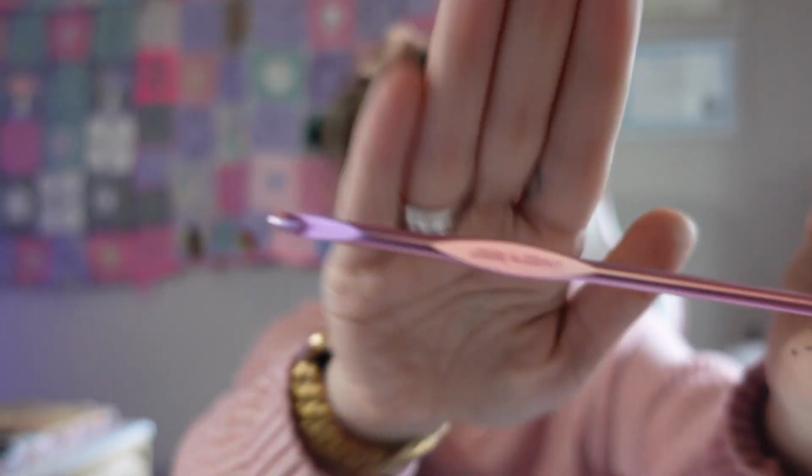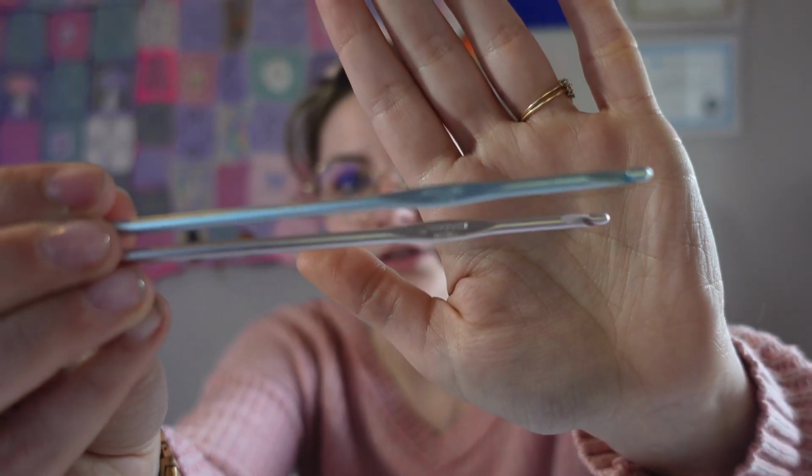I will say for the borders, I did go in and use my Susan Bates 4mm, which is this hook. And then for the 6x6 blocks, I would alternate-ish, depending on the pattern, between a 3.25mm and a 3.5mm, which are these for size. And then for the smaller blocks, the 5x5 ones, I would use my 3.5 and 2.75, again, dependent on the pattern, because some patterns are just inherently larger